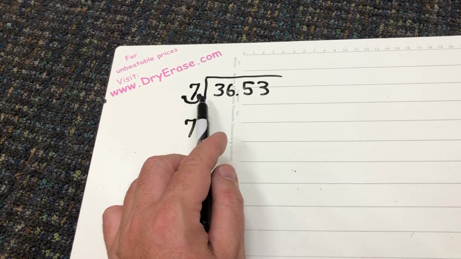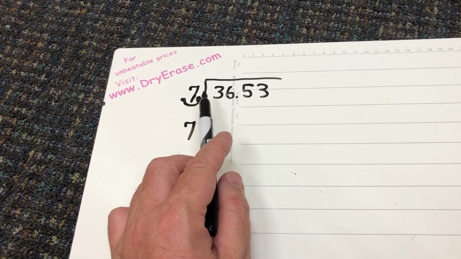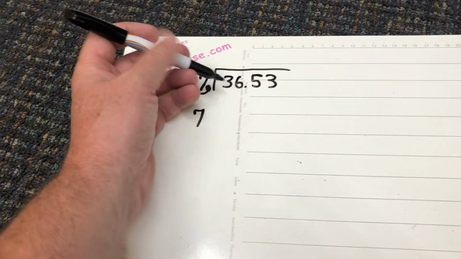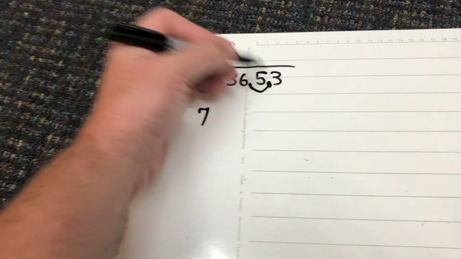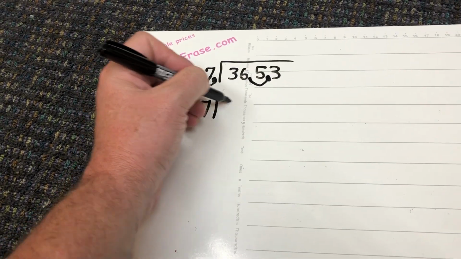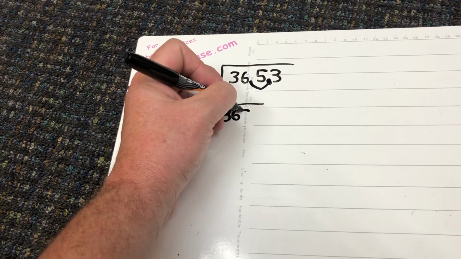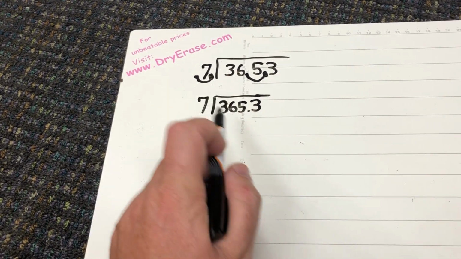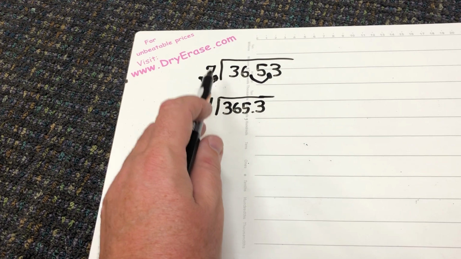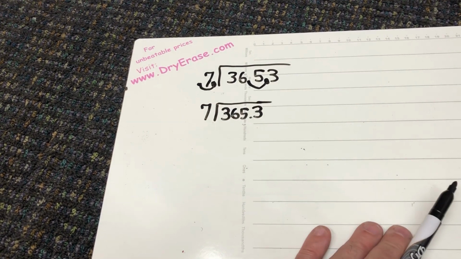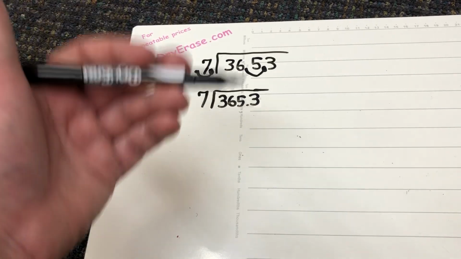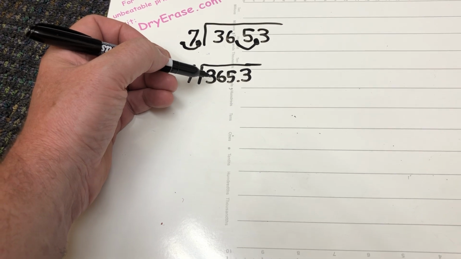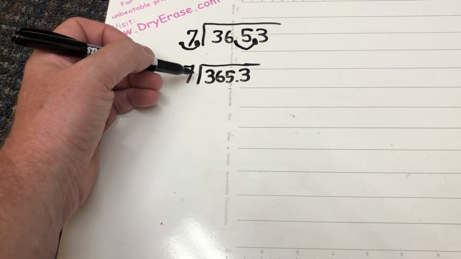Since I moved this decimal one place, step 2 tells me to move the decimal in the dividend the same number of places. So since I moved this one once, I'm going to move that one once. And that's actually going to then become 365 and 3/10. So it's the same numbers, but all I did was move the decimal to the right one place, and since I moved this one place, I moved that one place. So now I can just divide. The divide, multiply, subtract, bring down, start over. Well, 7 cannot go into 3, but it can go into